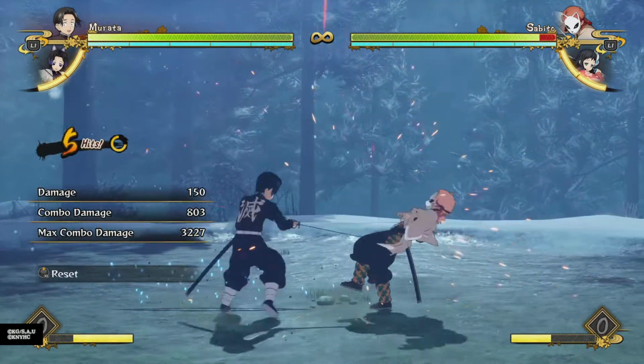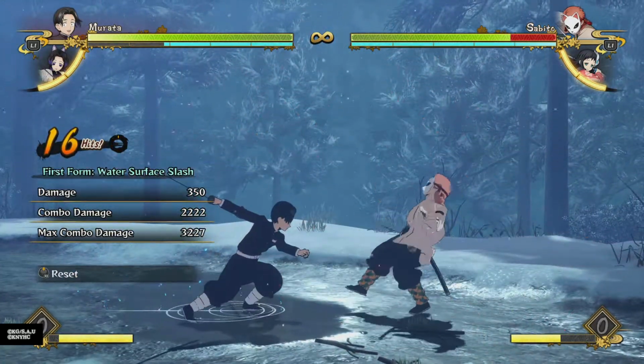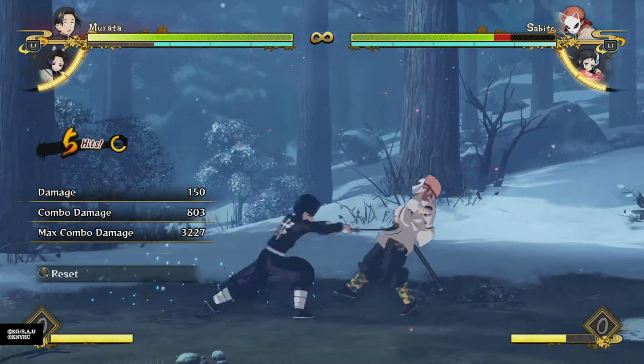Just to be concise, a simple combo you can do is something like this. Do a bunch of hits into his water slash, and then combo for that, and then just do a few hits into the water slash again, then delay your hits to go for a reset. And then you can loop that again,